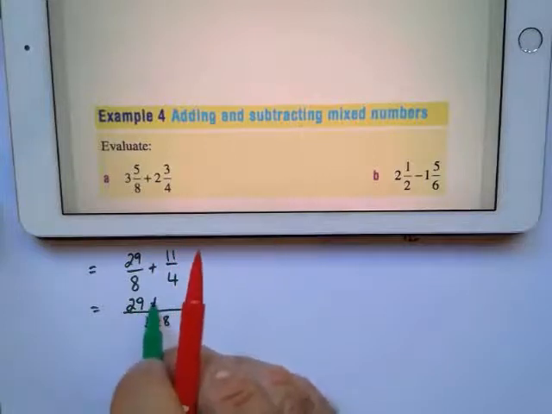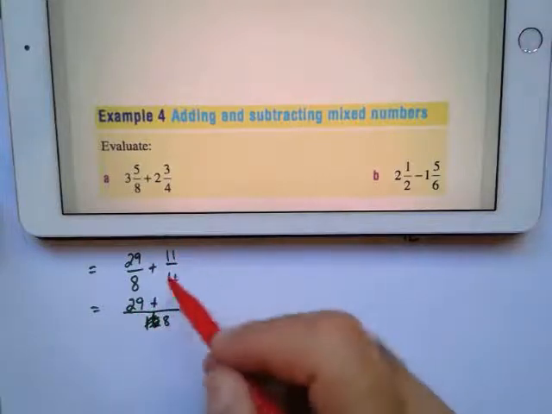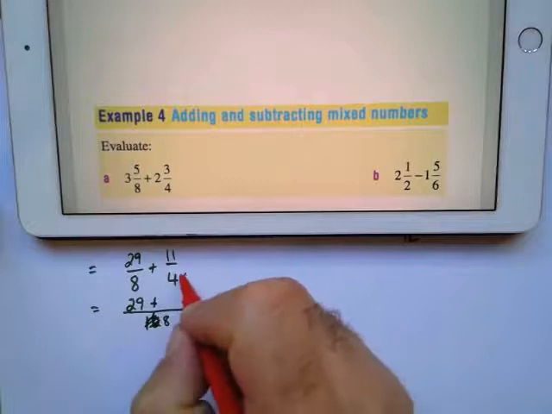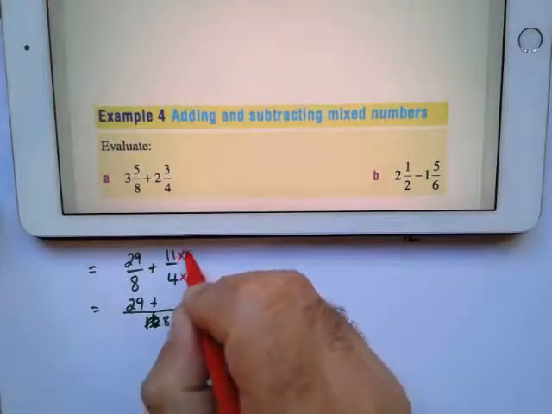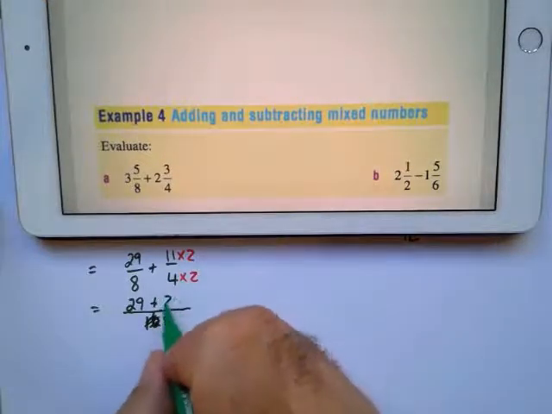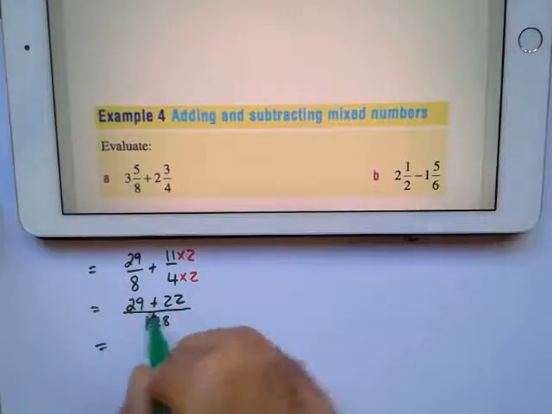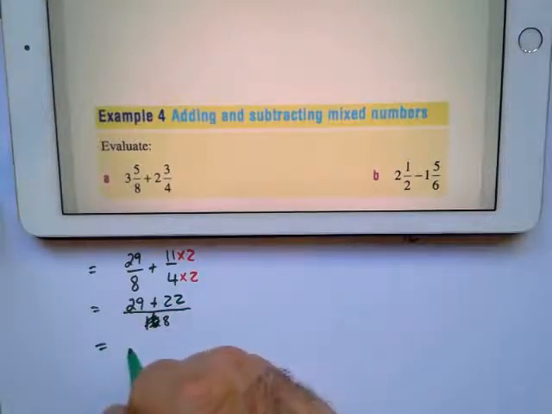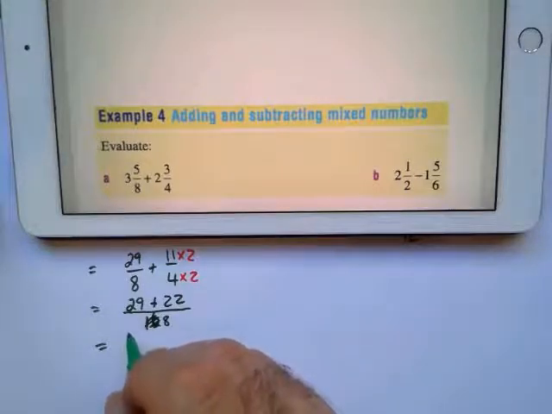29/8. Plus, what did I have to do to 4 to get 8? Well, I had to multiply that by 2, and I had to multiply that by 2. What I do underneath the line, I do above the line. And that will be plus 22. Now 29 plus 22 equals